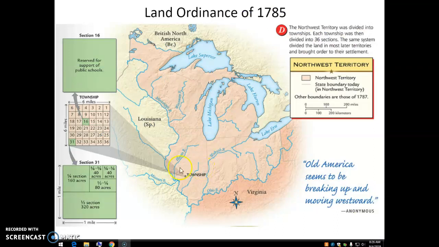And so you can see here an example of how they are distributing this land. So in present-day Illinois, you have what they'll call a township, and this township is a little speck on the map here, and it would be made up of 6 by 6 square miles, and this would be reserved for public schooling. And this area would basically be a town. So think of it kind of like here in Currituck, where we have different townships within the county. That's kind of what they're creating here.